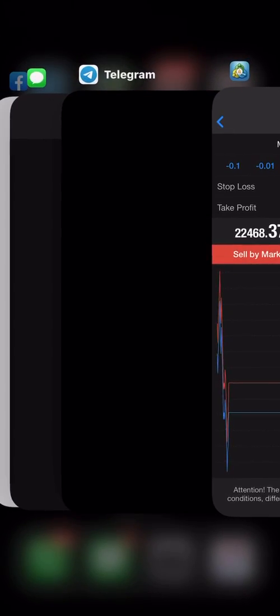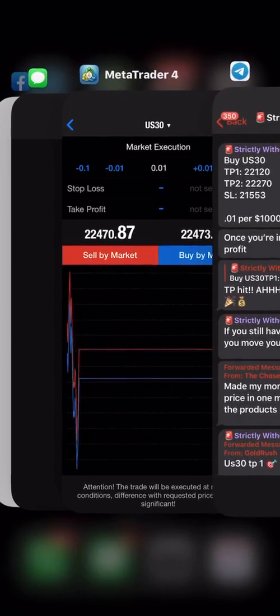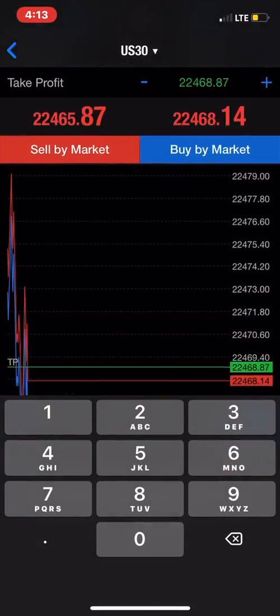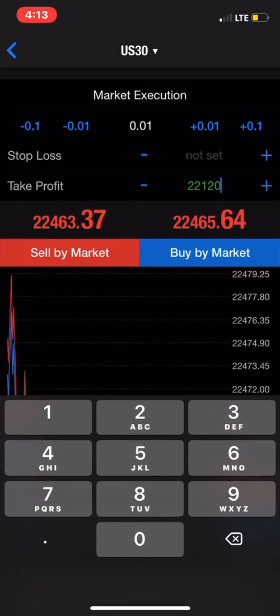Okay. And then what does it tell us? It tells us that our TP is 22120. So for my TP, I'm going to make sure that says 22120. And then my